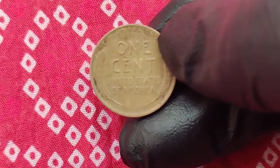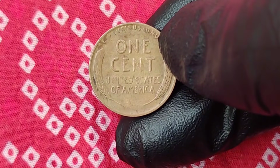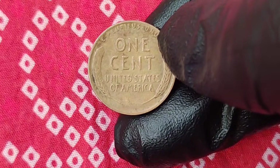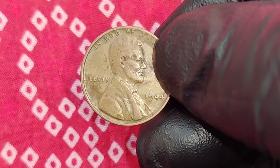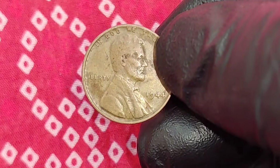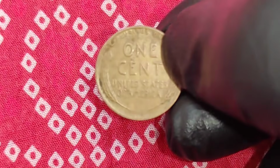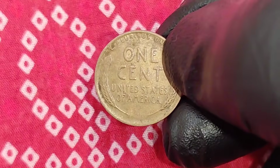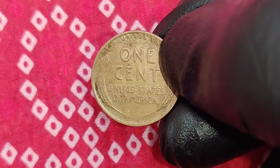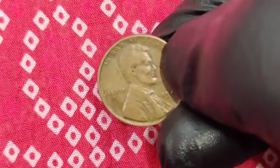Imagine this. A coin minted over 80 years ago, yet preserved in uncirculated condition, with green spots of toning dancing across its copper-red surface, a natural patina that time itself painted, giving it a one-of-a-kind identity. This is not just a penny. It's a living artifact, a witness to the end of a global war, to the hopes and dreams of a country rebuilding itself. Collectors call it a silent masterpiece because every curve, every glint of its copper tells a story